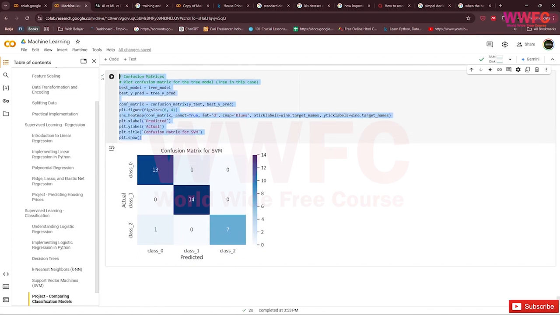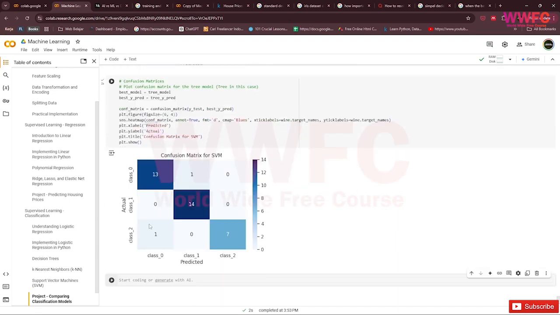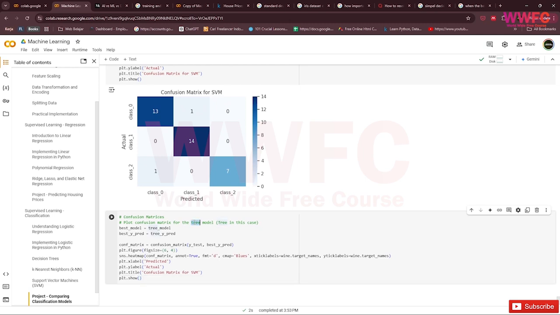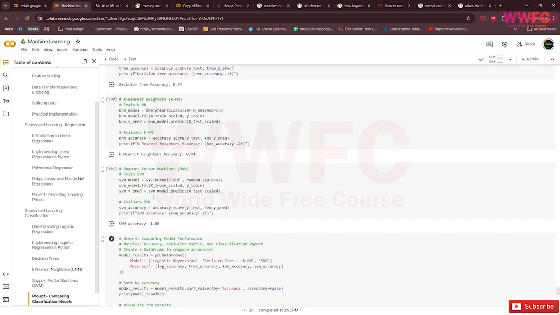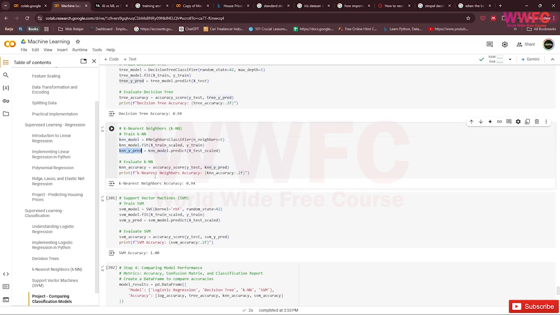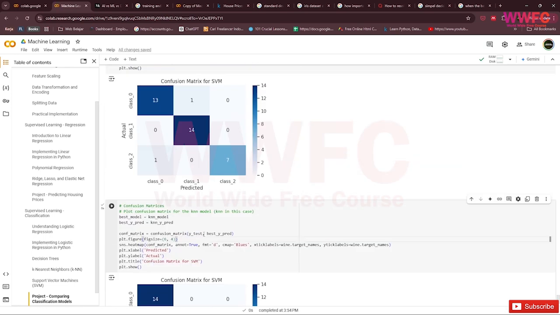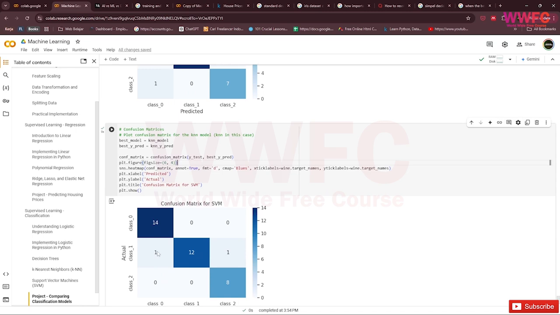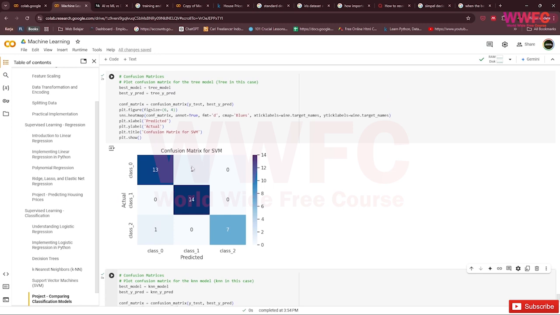But how about we check the KNN? Here is the KNN model and the KNN Y prediction. KNN Y prediction and KNN model, right? So we can see the difference. Oh, it's different. They're wrong here and here, but SVM is wrong here and here.